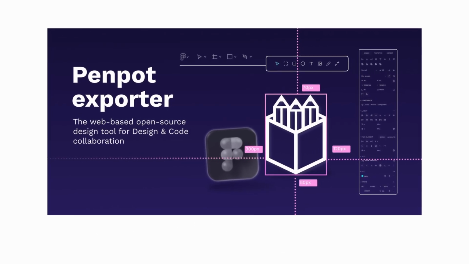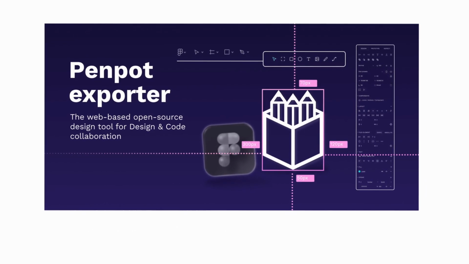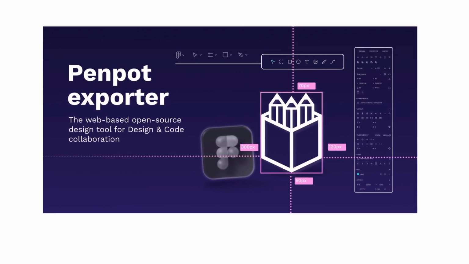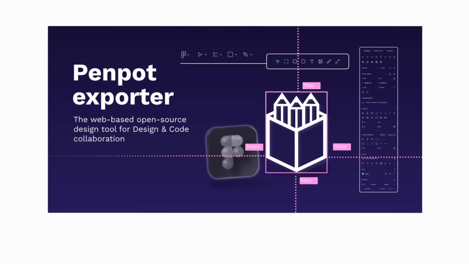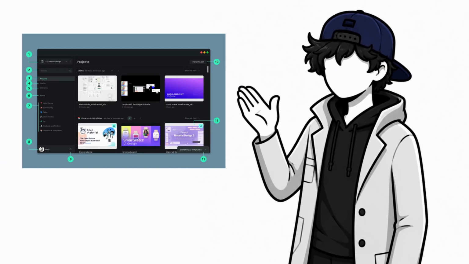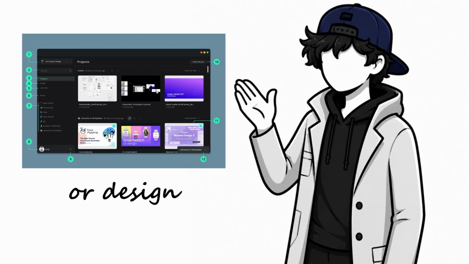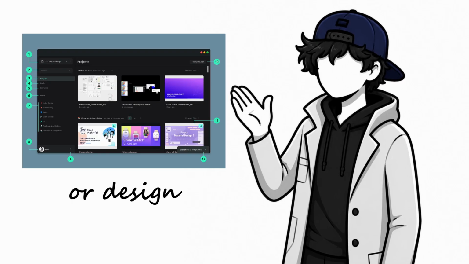Penpot exports clean CSS and SVG code straight from your design, because under the hood it's built on open web standards instead of a locked proprietary format. If you're designing interfaces, prototyping an app, or building a design system, Penpot gets you there without a single seat